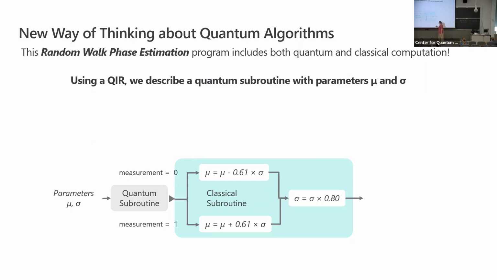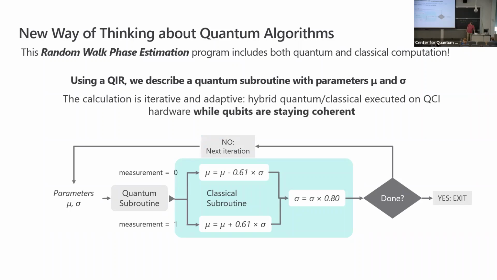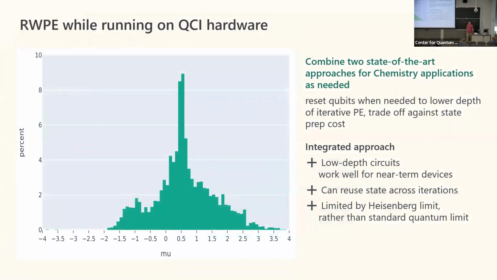So you initialize a quantum state, you do a measurement, update your model, and then you keep going. While you're doing that, the state is still coherent. Then you can keep going until you reach a certain number of rounds, or you could even make that depend on some property, like the variance being small enough. If that sounds futuristic, it is futuristic, but it's actually running already on some devices. QCI, a superconducting-based startup from Yale, has a system that hooks up to QAW, and it's able to run this algorithm. And these are the findings.